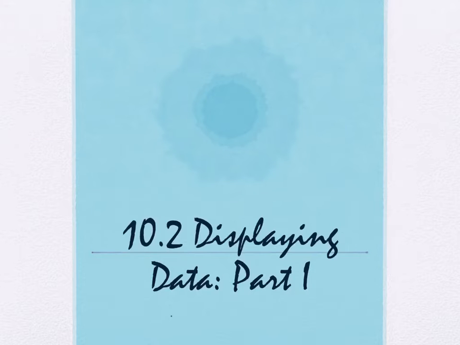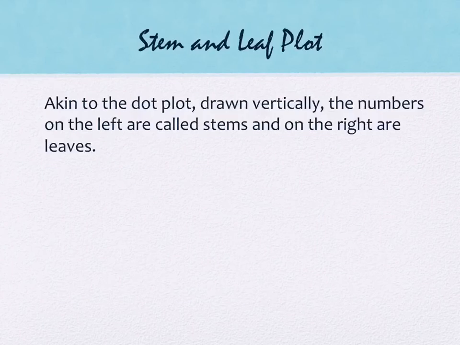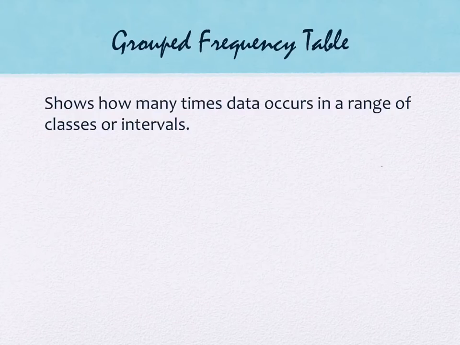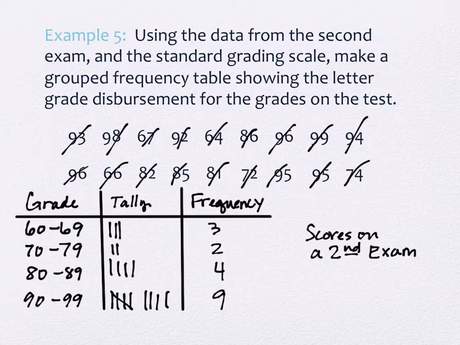10.2, we started last time looking at displaying data, and we got about halfway through. We're going to pick up on example number 6 and take a look at a visual way to display basically the same information that we did when we created our group frequency table. If you remember, on our group frequency table, we lose a little bit of the uniqueness of our data by creating these groups, which creates these broad categories. So we no longer know if it was a 99 or a 90 that someone got. They just got in that range of values. So we lose a little bit. But what we're going to do is actually create